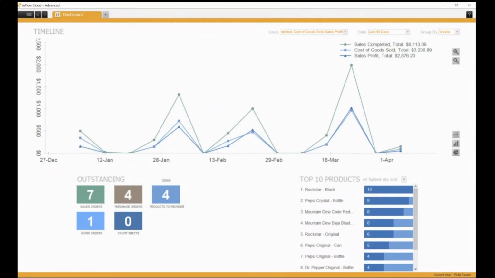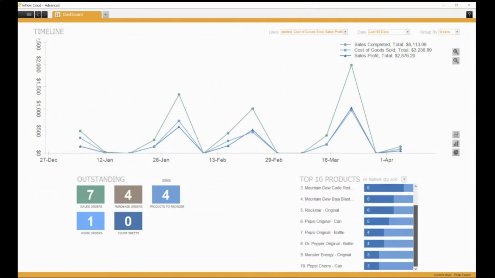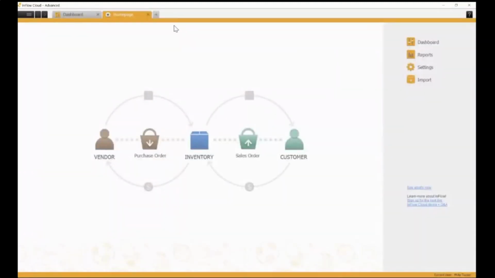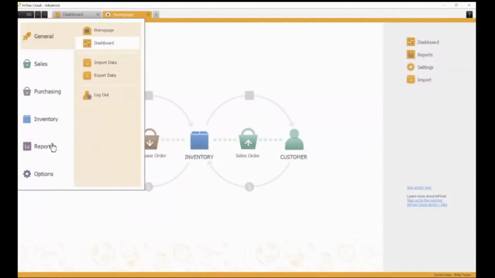And again, as I said, there's no way of exporting this information. It's something meant to be visual that you can easily see. Now, a lot of this information, like your sales completed, cost of goods, your profit, anything like that, can actually be pulled up through reports. So right here, it's showing me in the last 90 days, I did $6,113 in completed sales. If I wanted to replicate that in a report,